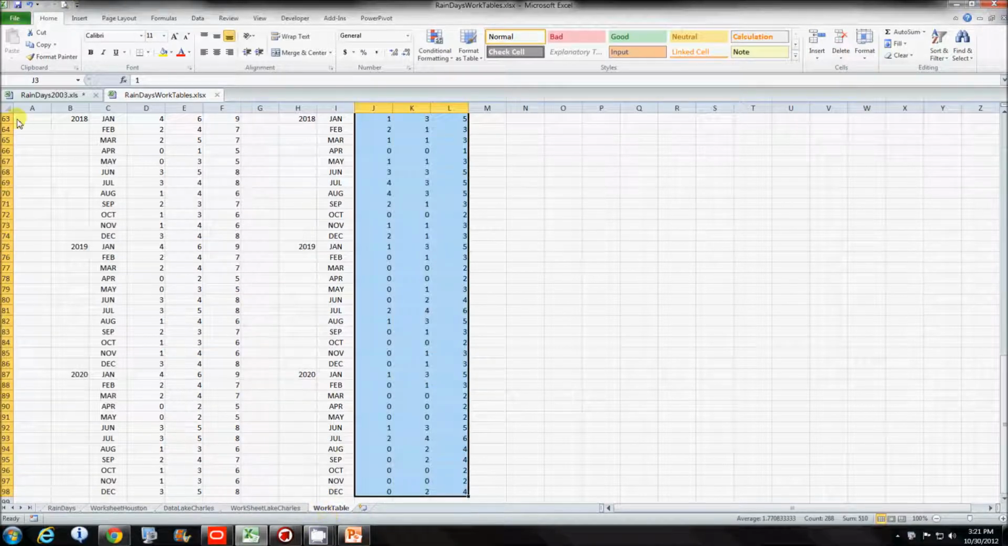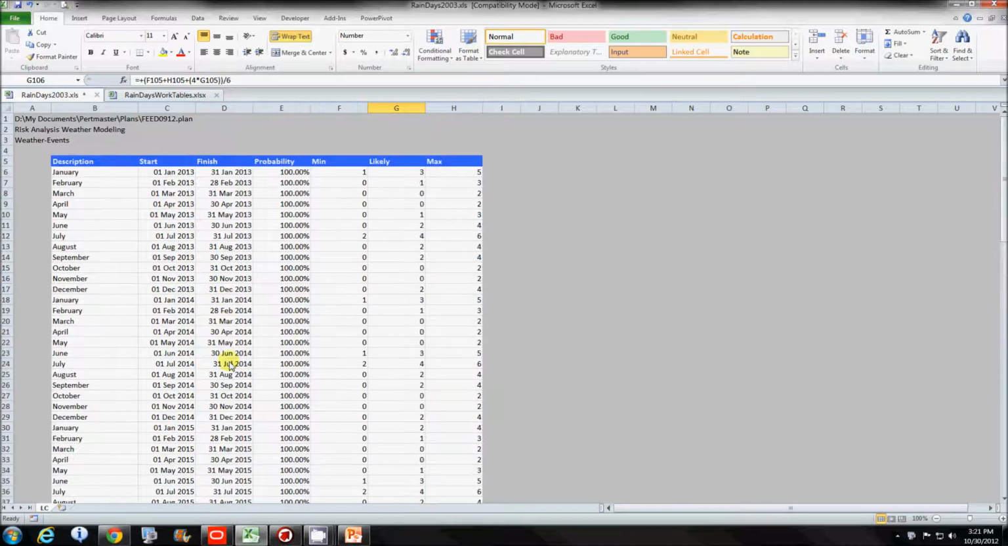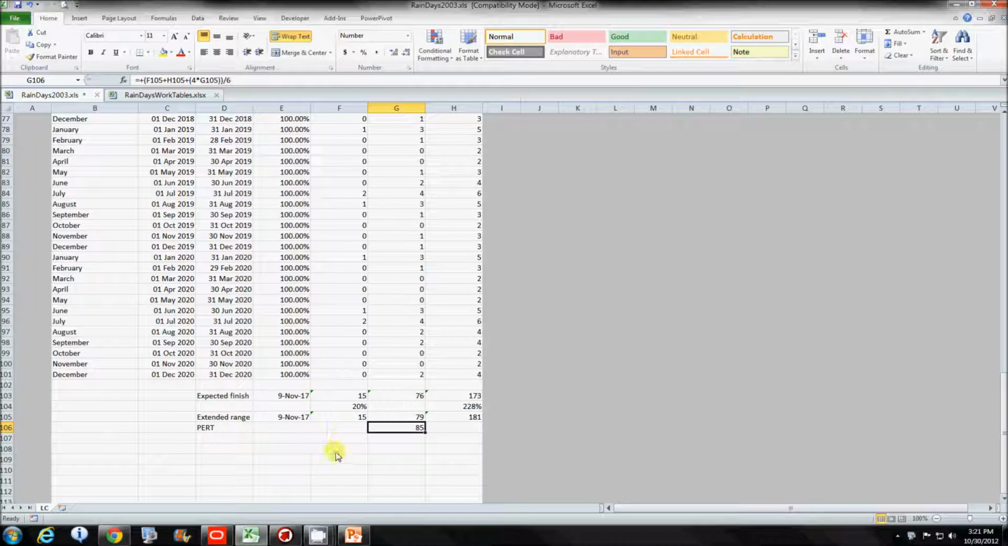Once I had the work table, then I had everything I needed to fill out my import template for the weather module. So this is essentially turning all that information into something usable. And so if we take the range from the 1st of July 2013 to the 25th of August of 2017, that's 76 days, which gives us then an expected finish date if we encounter the expected rain of 9 November of 2017. And with that range, we can have as little as 15 days or as much as